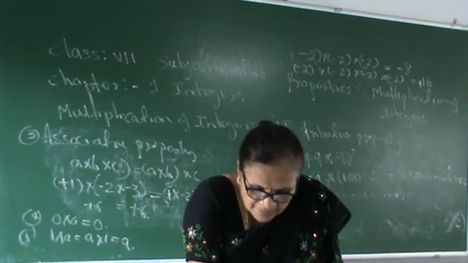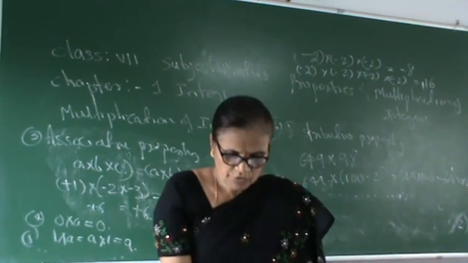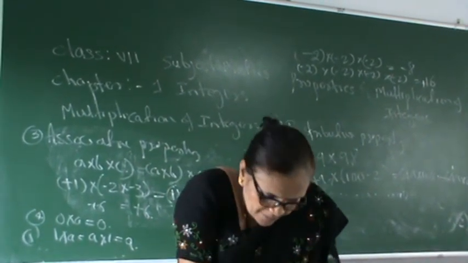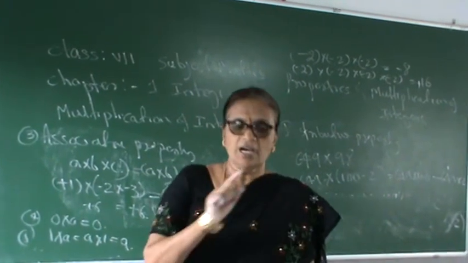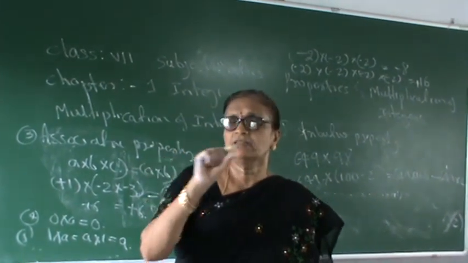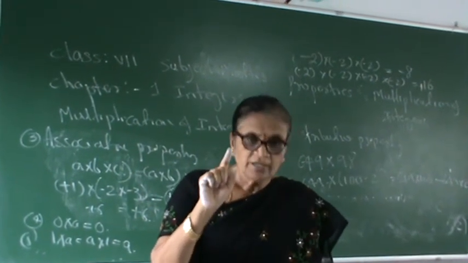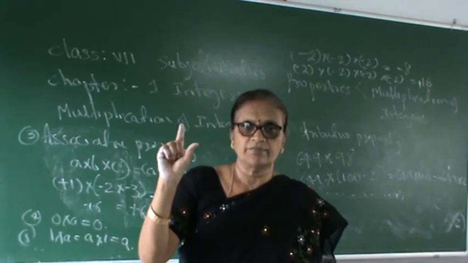Write the answer directly. F1 has 3 numbers you have to multiply: minus 12, first you multiply 11, then you multiply with 10. Then G is also the same: 3 multiplications using 9 into 3 into 6. Then multiply the sign also. Plus into minus, minus into minus is plus. Each time you are multiplying the sign.